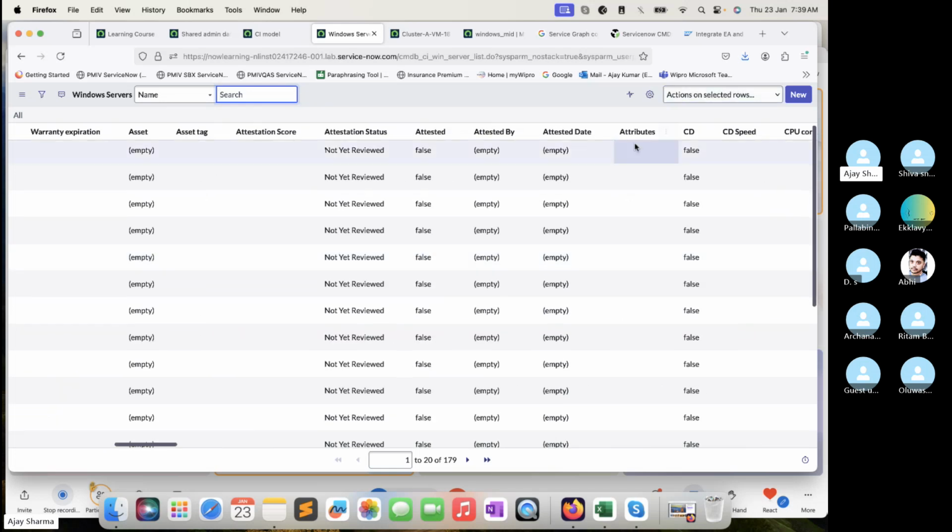For example, the attested date, attested by, attested, and attested status fields are completely blank every time. If they are not populated through discovery or the manual process, and you have 40 attributes with 5 or 6 always blank,